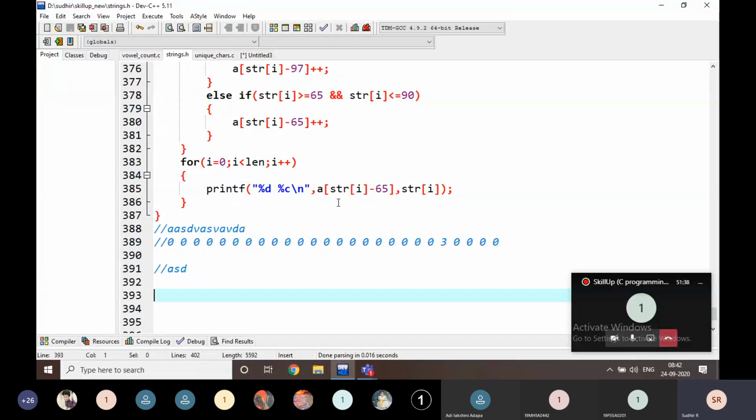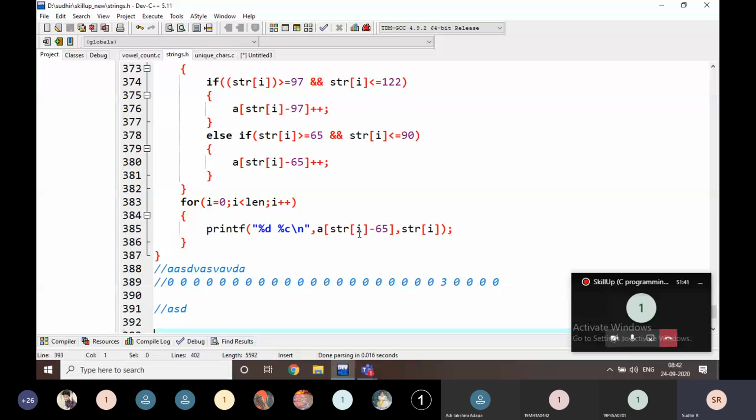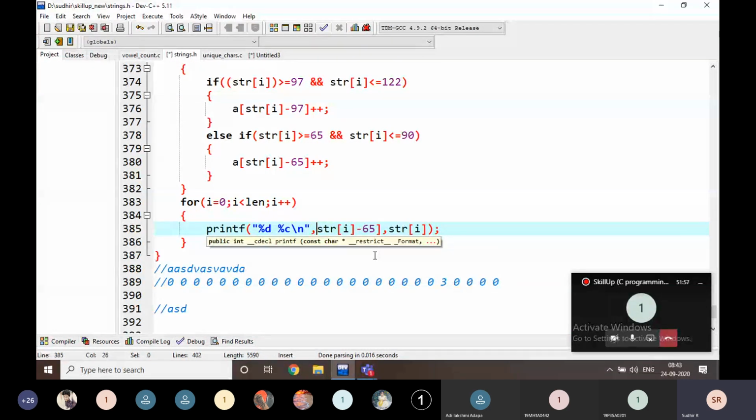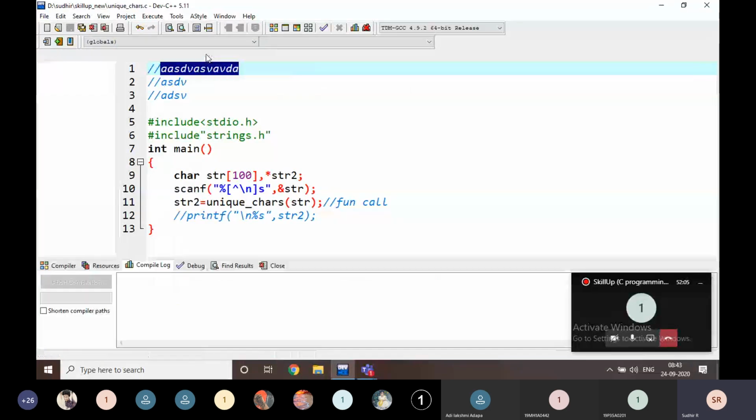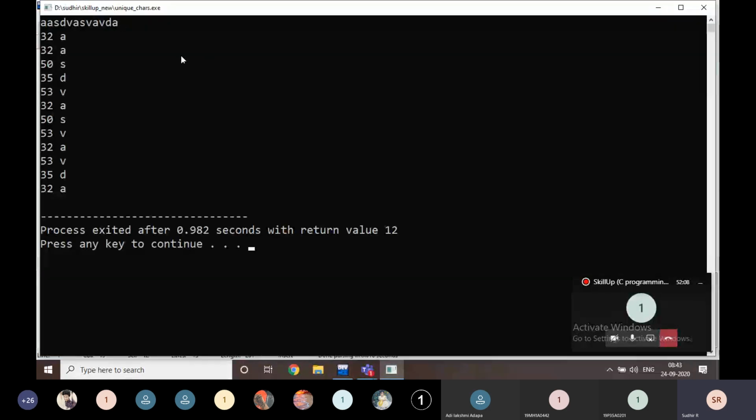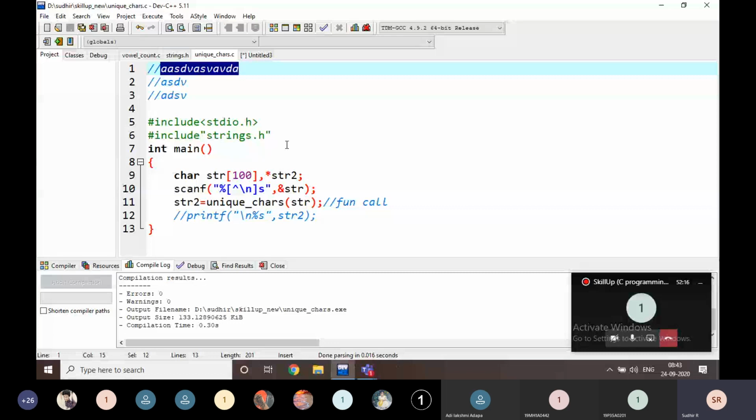A of str of i minus 65. What is str of i? Str of i is a character. Character minus 65. Print this one. Just wait. Yes, this is 32, 50. Why is it 32 here?